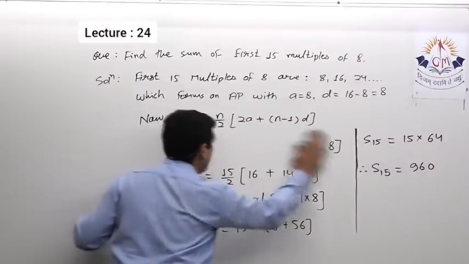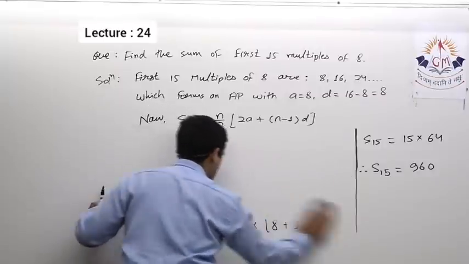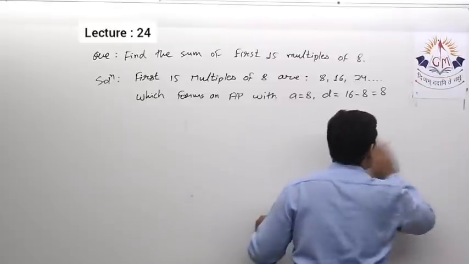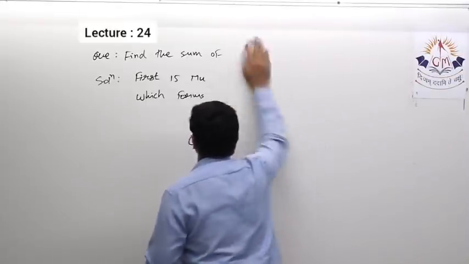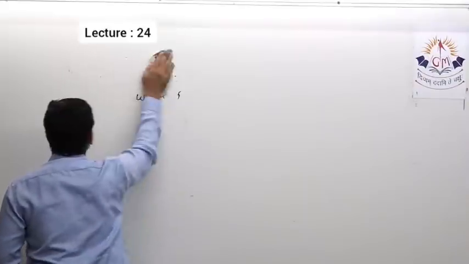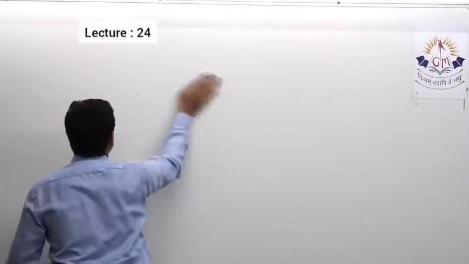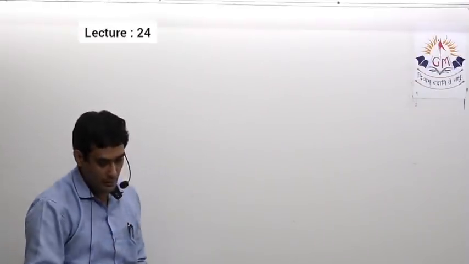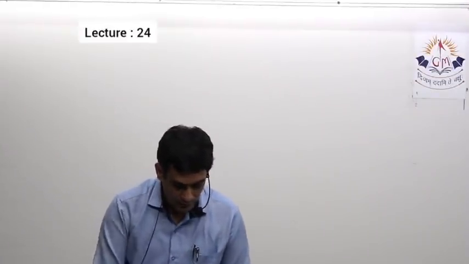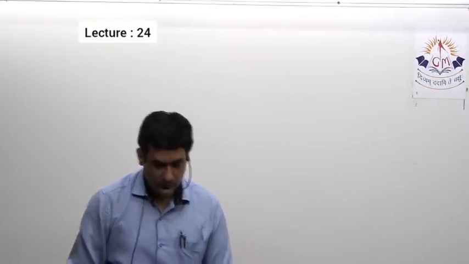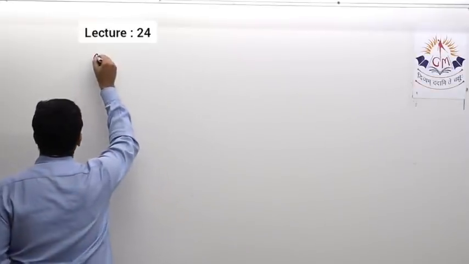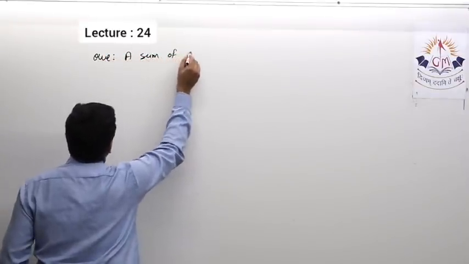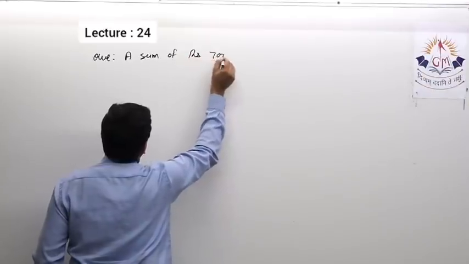So the very first question: a sum of rupees 700